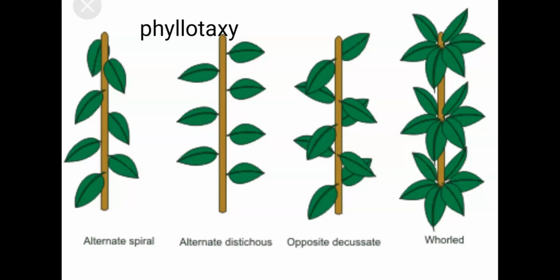Coming to the next topic, that's types of leaf. Basically two types of leaves are there, simple leaf and the compound leaf. Now, what is the difference between these two types of leaf? So in that,